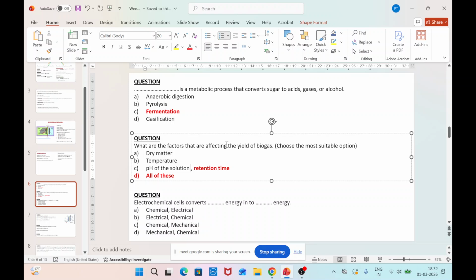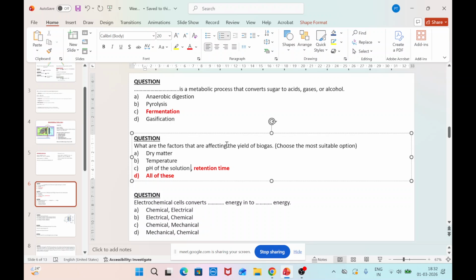All the parameters need to be optimized so that we can maximize the yield of biogas. Any particular factor which is present either lower or higher than the required or optimized amount will negatively affect the yield of biogas. These are the three parameters mentioned here. There are several others, so kindly have a look at how they affect the yield of biogas in the course lectures. So the next question is